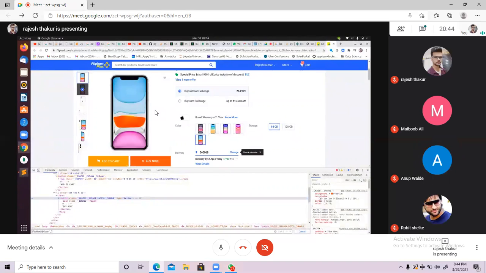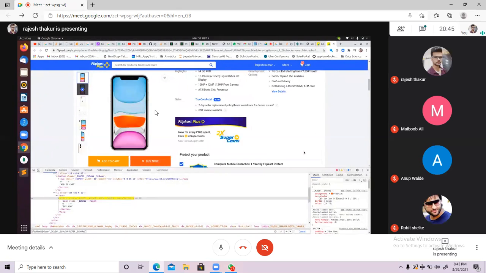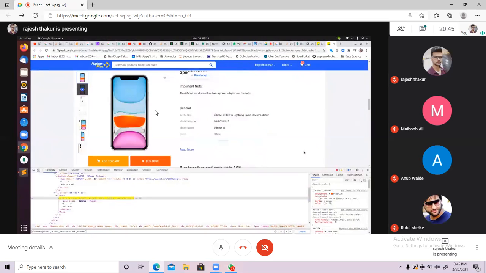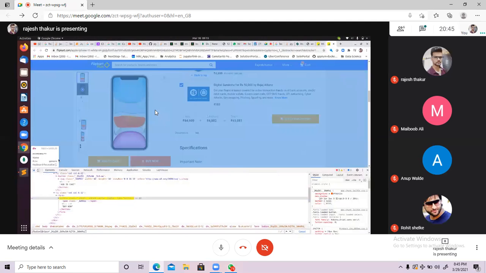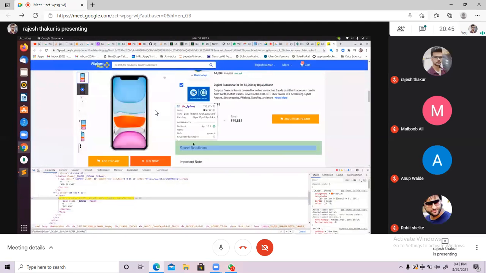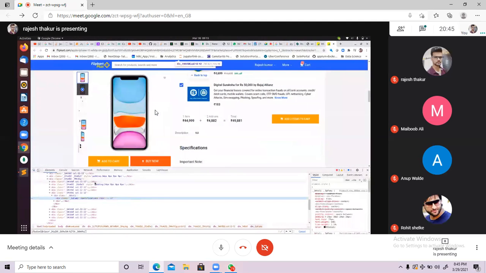Now, can you see this? We are going to add it, and always observe that it should be one of one. If multiple matching nodes are there, then in automation it will not work. So now, can anyone please identify this specification text element? Just click on inspect, and then click on this specification part.